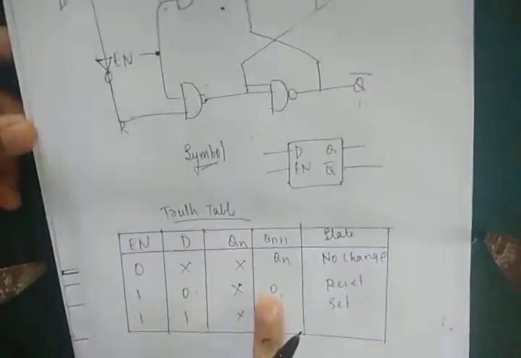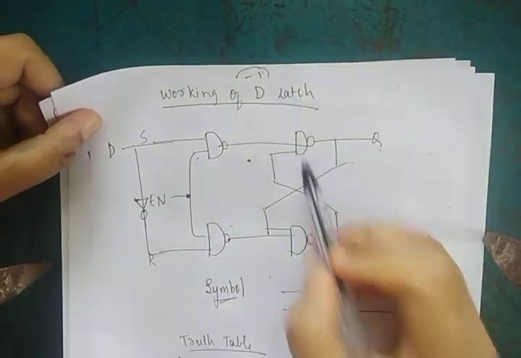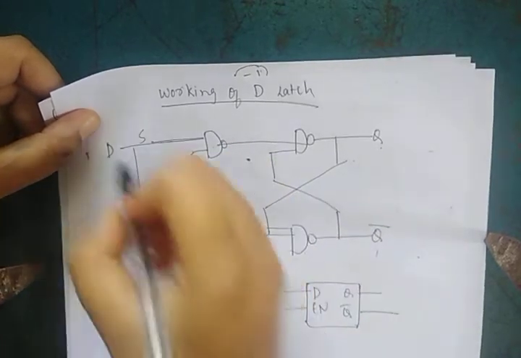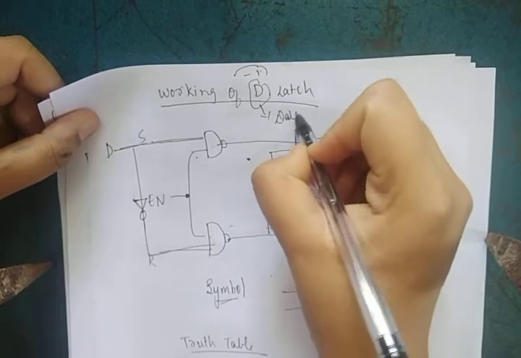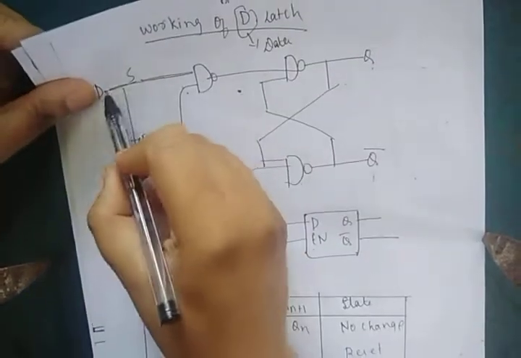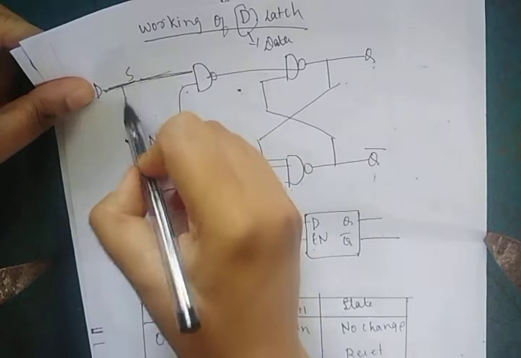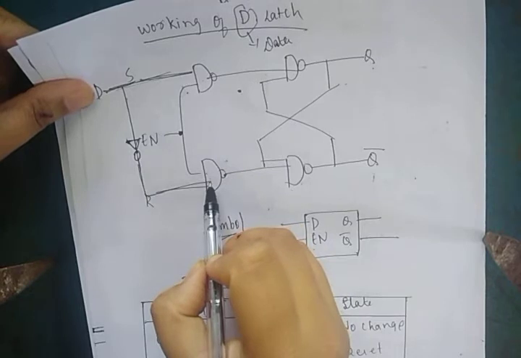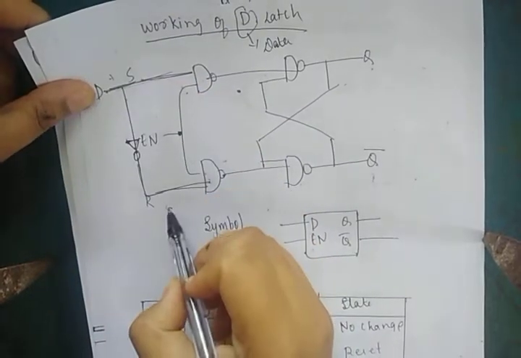Coming to the next, a simple D, the working of a D latch. Here also I'll be using NAND gates. As you can see, crisscross, similar to this, was an S and this was an R. Apart from this, I'm using one D input. D is nothing but data. One part of D is connected to S, and its invert, the NOT gate of D, is connected to R. That is, if this is 1, this will be 0, like that.